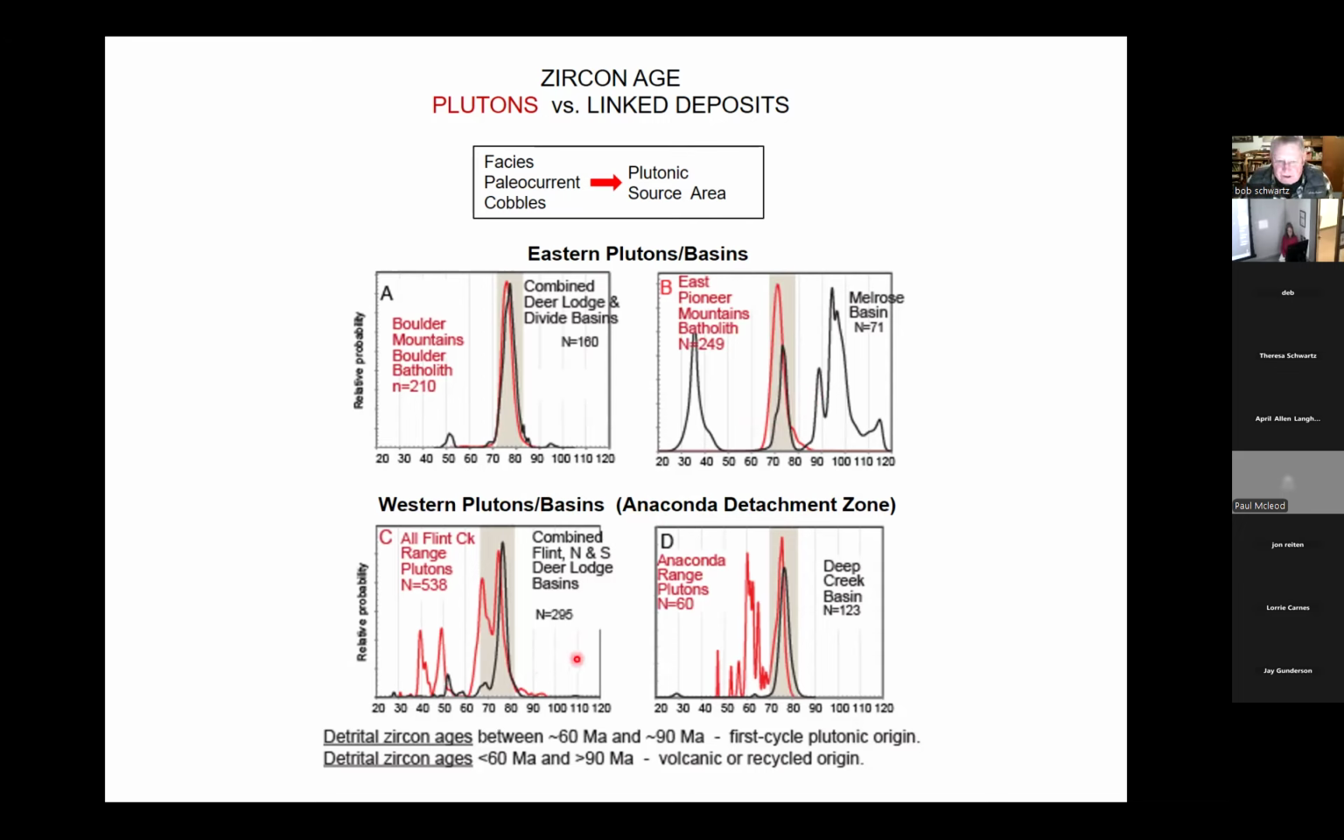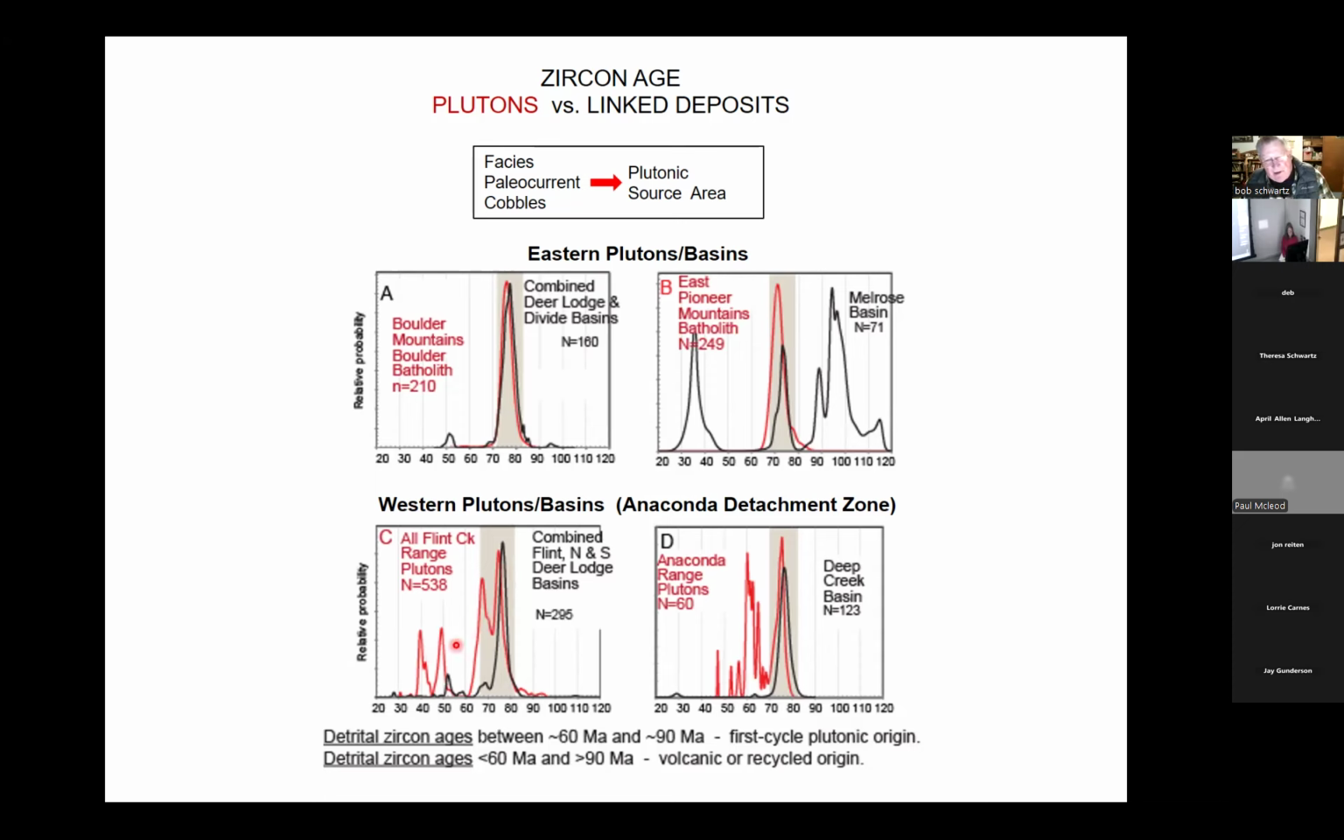Oh, heck breaks loose. Flint Creek Range. Here's the multimodal igneous age distribution here. And here's the detrital zircon plot associated with it. That detrital zircon plot is reminiscent of the eastern basins, similar in age, similar in shape, but its potential source